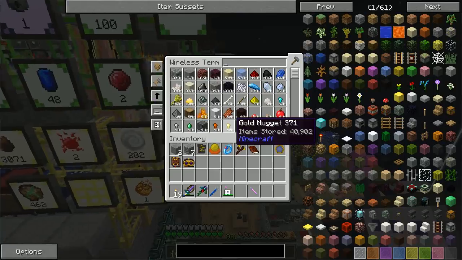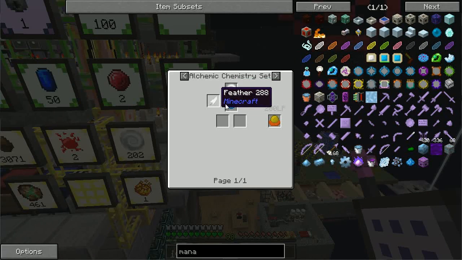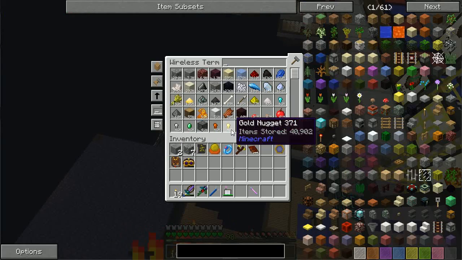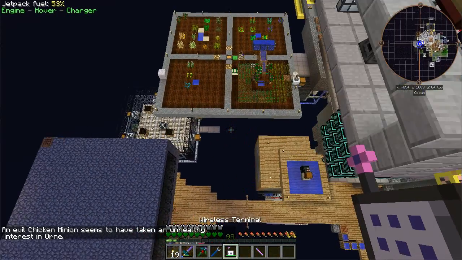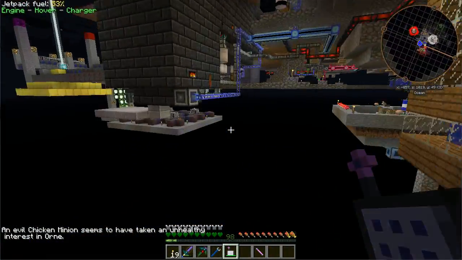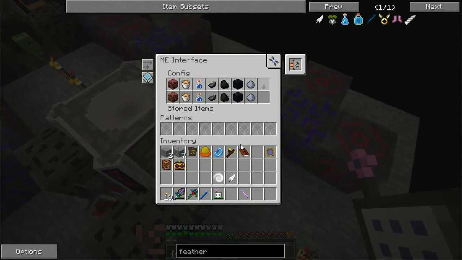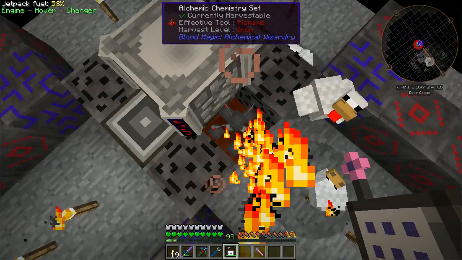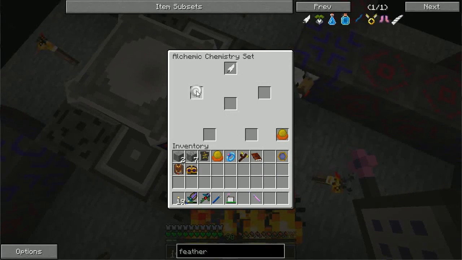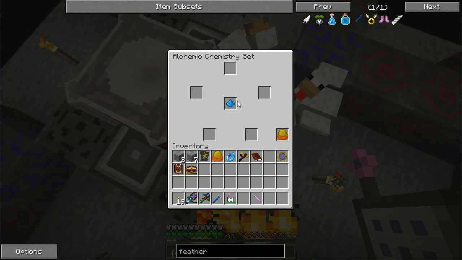So let's take a look at the next piece, which is this mana piece. So I'm going to need an air element and a feather in order to make the mana piece. So let's grab one of these and a feather and head back down. So over here I had sort of set up, I think I have the space to do it. So 1 air element on this side, 1 feather on the left, and let's load this into the chemistry set and let it churn down for a little bit,